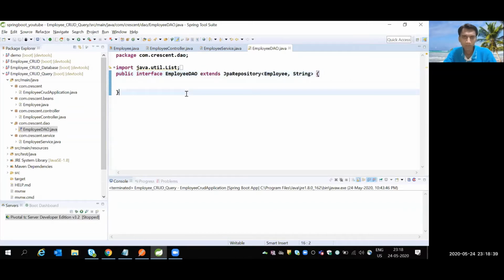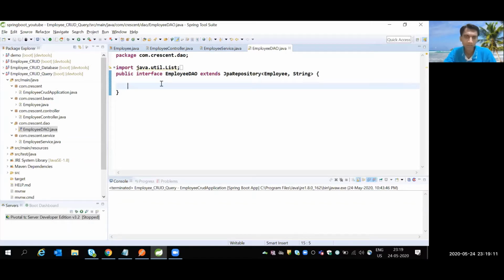In the last project, we covered basic CRUD operations with the help of JPA repository, and we used ready-made methods from the JPA repository. But if I want to find the employee details whose salary is greater than 50,000, or delete the employee details based on designation and some other criteria, we don't have any ready-made methods for such criteria. So we have to write a custom query.